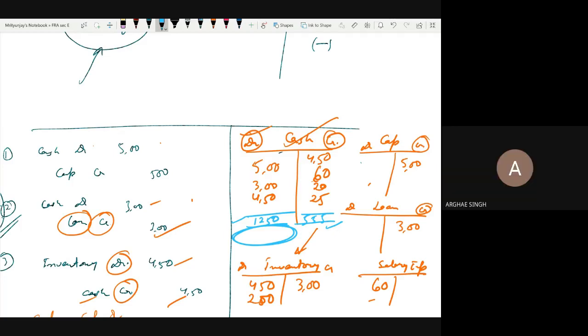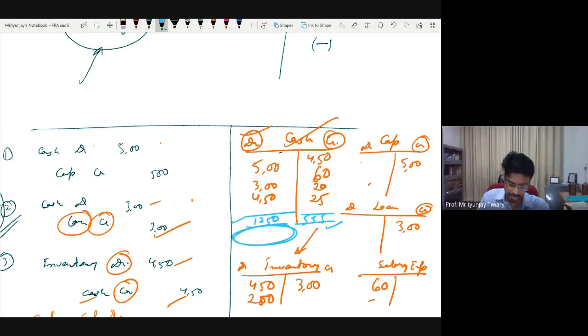695. Yes. So basically, we will write 695 in the debit side of cash T account to denote that after preparing all the ledger accounts, there was 695 left in the debit side of cash. That's what this line means. Net balance was 695. Okay, yahan tak samajh mein aaya?